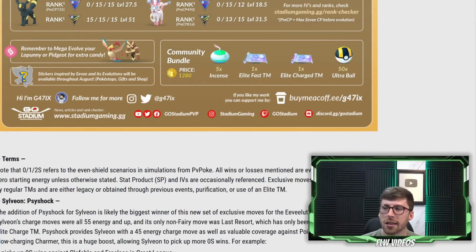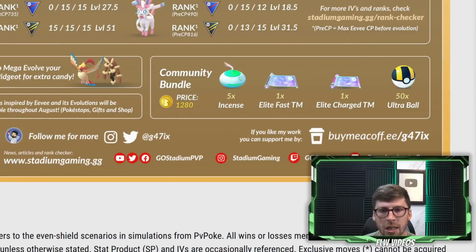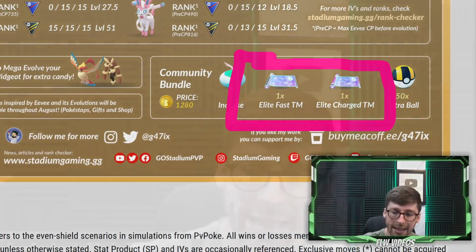And then finally, we've got the Community Day box. The Community Day box is a very interesting topic to talk about because we've got 2 elite TMs being made available, and typically we only see 1. So this can be